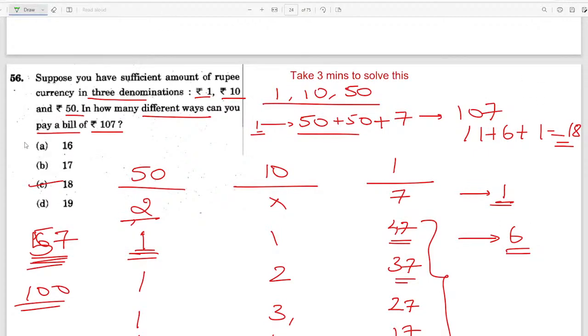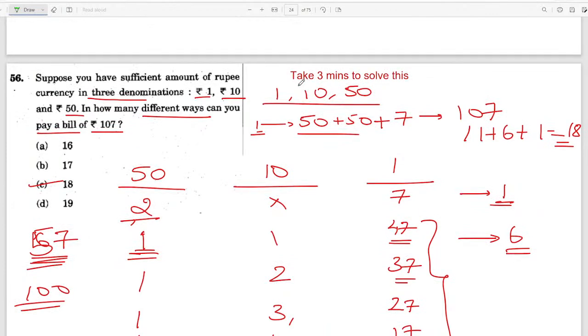So they are saying that suppose you have a sufficient amount of rupee currency: 1 rupee notes, 10 rupee notes, and 50 rupee notes. And you have to pay a bill of 107 using a combination of these three notes. So we'll consider it step by step here. For example,